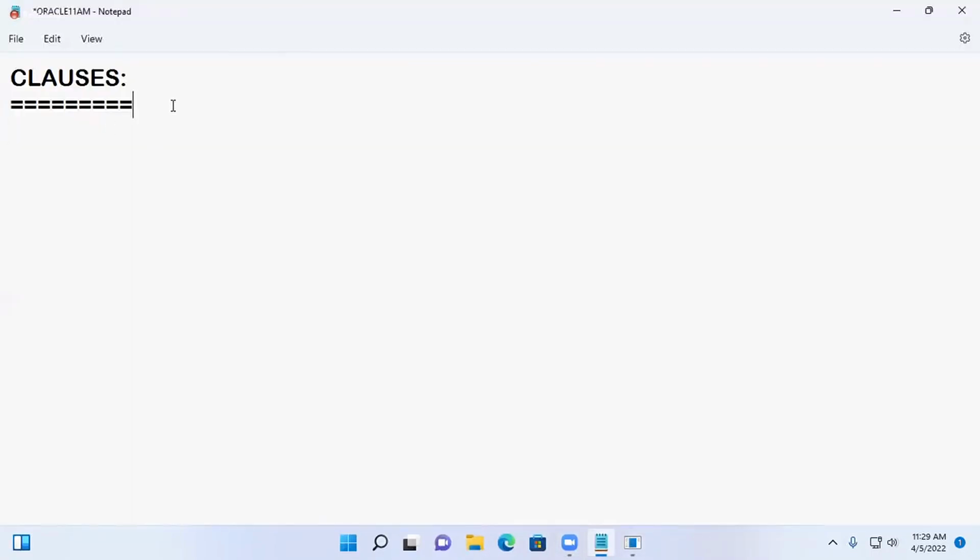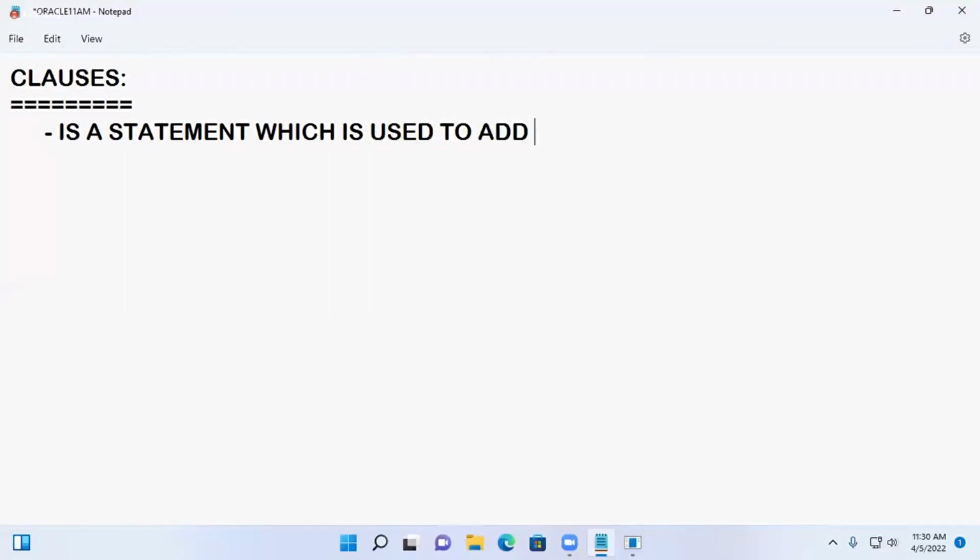Finally, what I want to say is, a clause is a statement which is used to add to an SQL query for providing some additional facilities